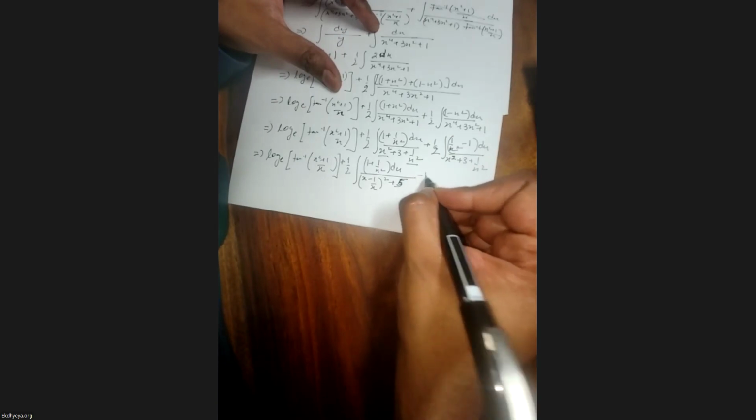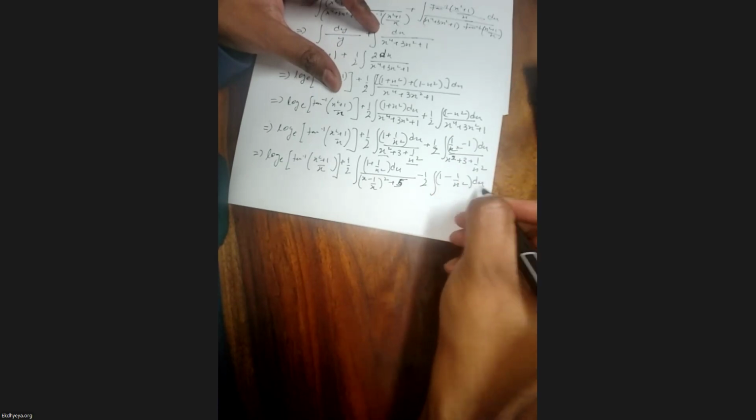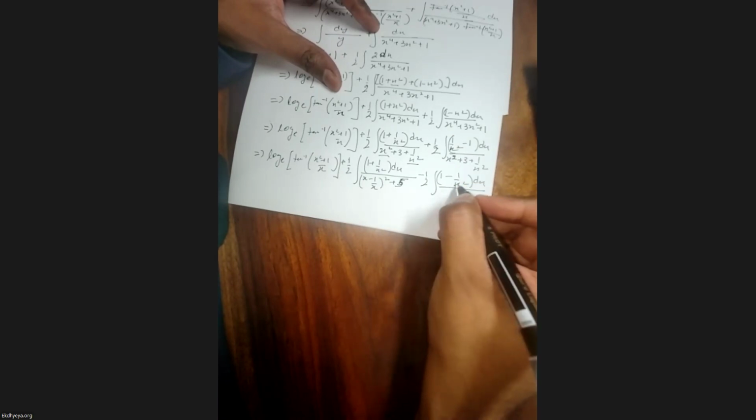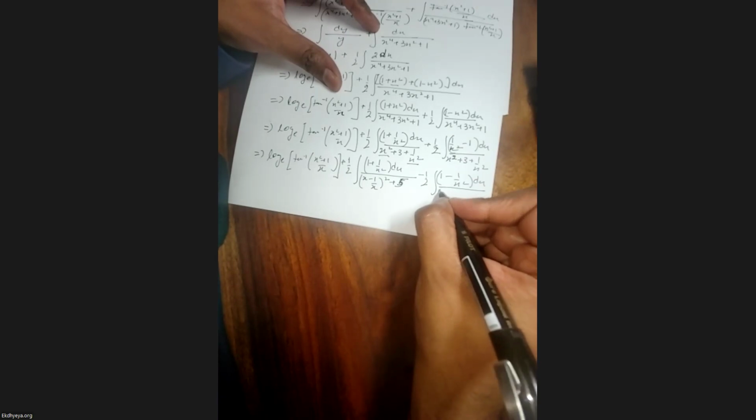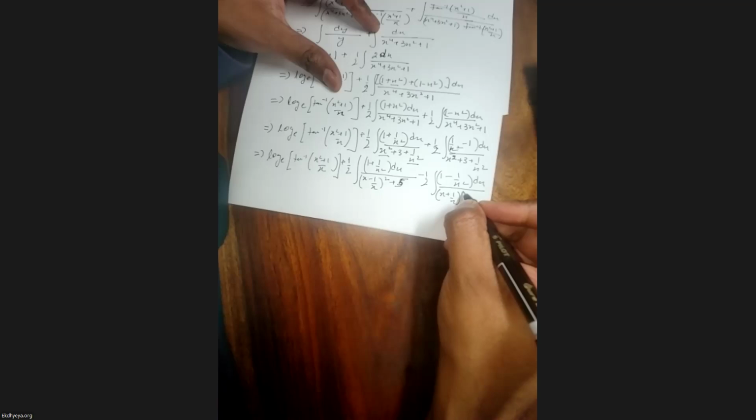और यहाँ पे मेरे को ये -1/2 की भी, इस 1 को मैं यहाँ ले आऊंगा, और यहाँ पे क्या बन जाएगा मेरा (1 माइनस 1 अपॉन x²) dx। अब यहाँ पे मैं चूंकि 1 माइनस 1/x² है, तो मैं यहाँ करूँगा x प्लस 1/x, यहाँ आ जाएगा मेरा 1। क्योंकि देखिए यहाँ पे अगर मुझे x प्लस 1/x का होल स्क्वायर करना है तो हो जाएगा x² प्लस 1/x² प्लस 2, और वो 2 मैं इस 3 से ले आऊंगा तो यहाँ एक 1 बचेगा, राइट।